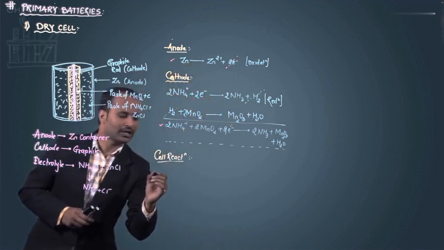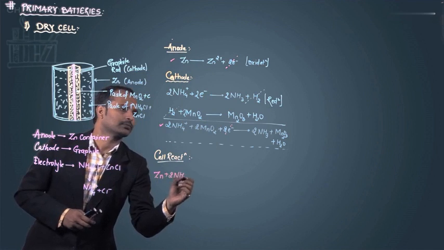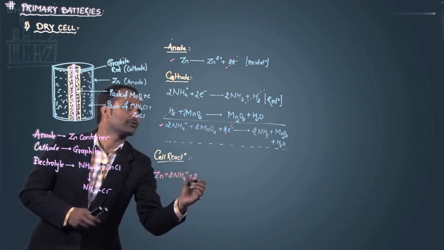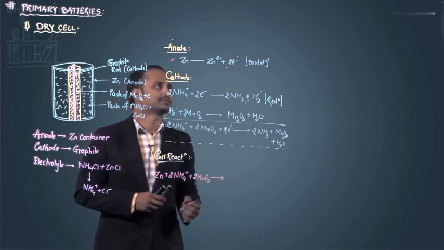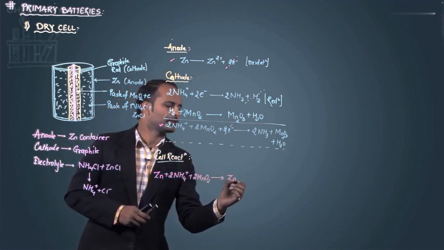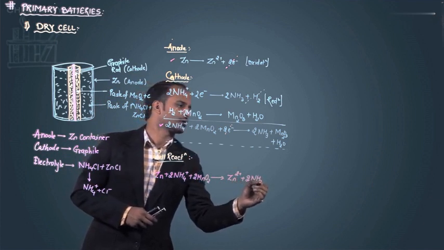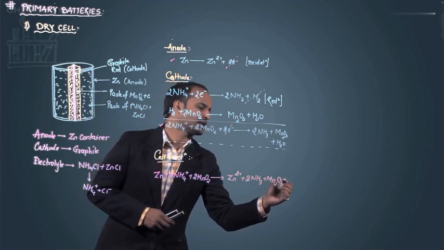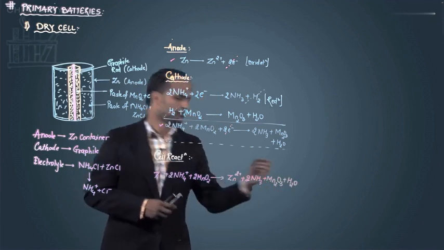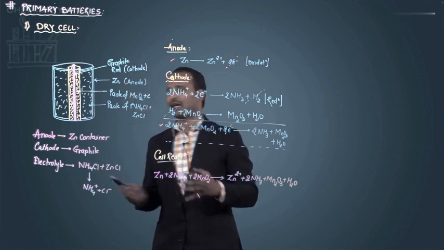On the left hand side, we will have zinc plus 2 ammonium ions plus 2 moles of MnO2, which gives zinc 2+ ion plus 2 ammonia molecules plus Mn2O3 plus H2O. So this is the overall reaction which is taking place in this dry cell,